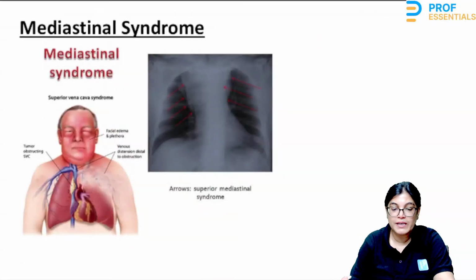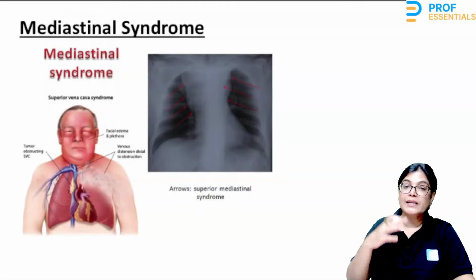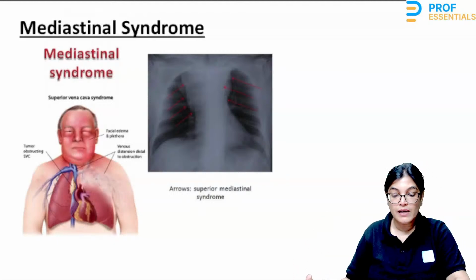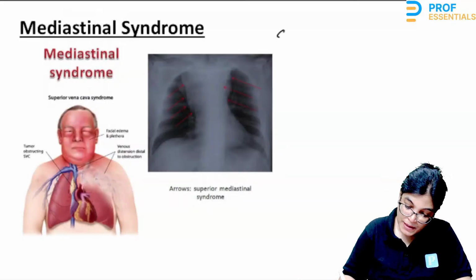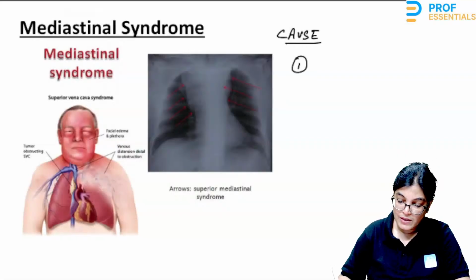Mediastinal syndrome. When I talk about the condition of mediastinal syndrome, it is actually the compression of the mediastinum by a growth of structures like tumors and cysts, which gives rise to a group of clinical scenarios. These clinical scenarios are called mediastinal syndrome. The common cause of mediastinal syndrome will be bronchogenic carcinoma,